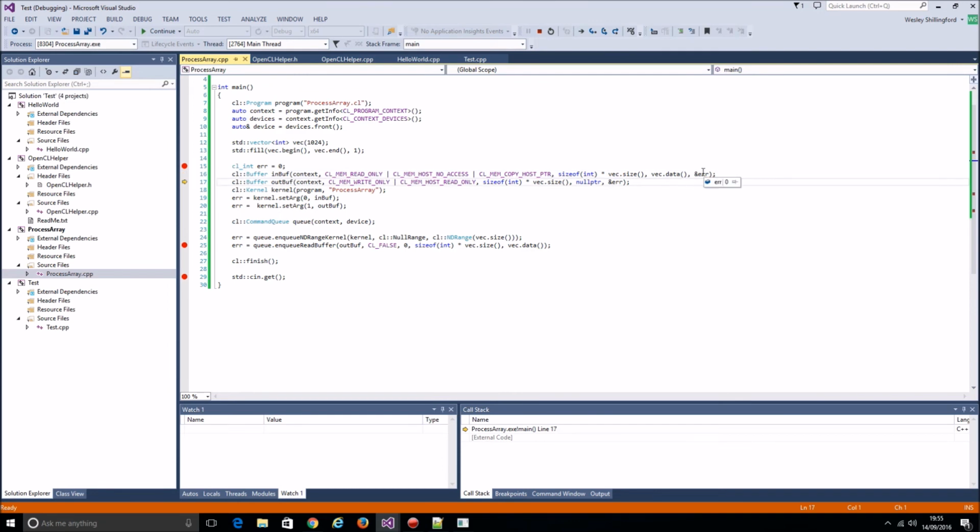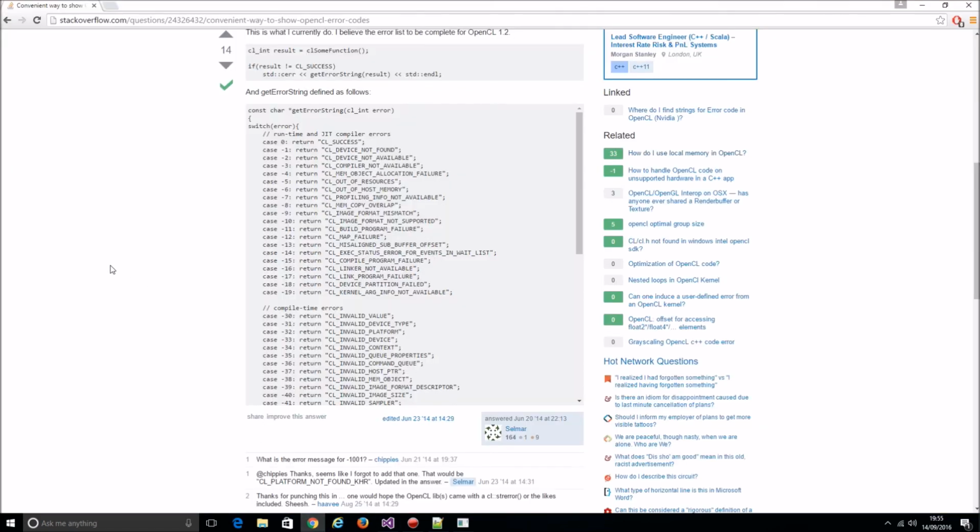Right. So it created that one fine. Created that one fine. Didn't set that one fine. Minus 48. It's a real bugger trying to find these error codes, but what you can do is this guy